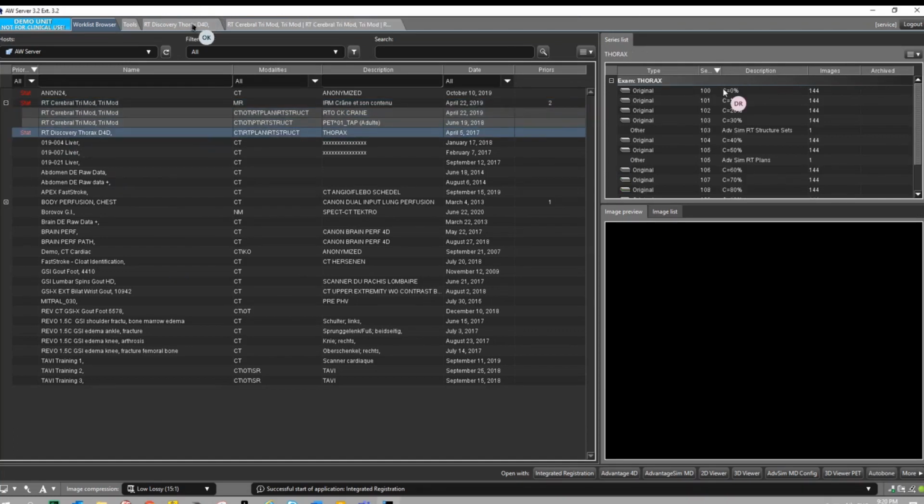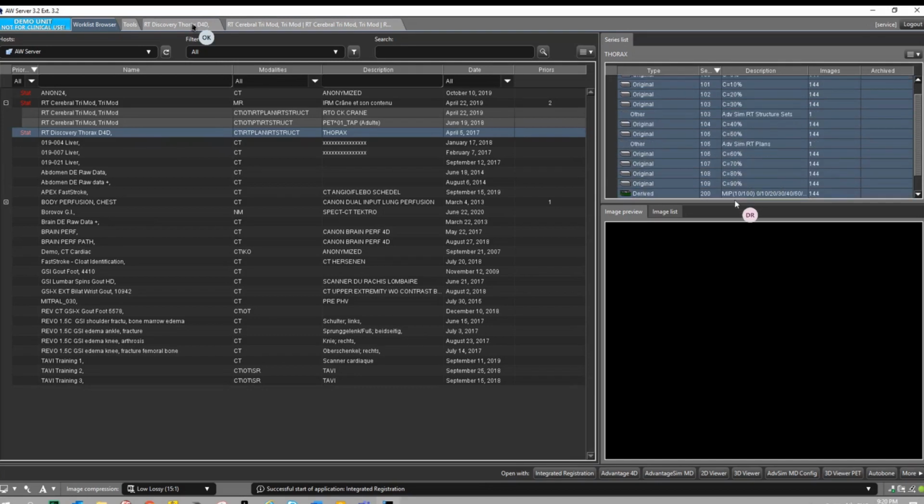Usually 4D comes from CT acquisition using a dynamic mode, and the CT will produce phases that represent the respiratory cycle of the patient.